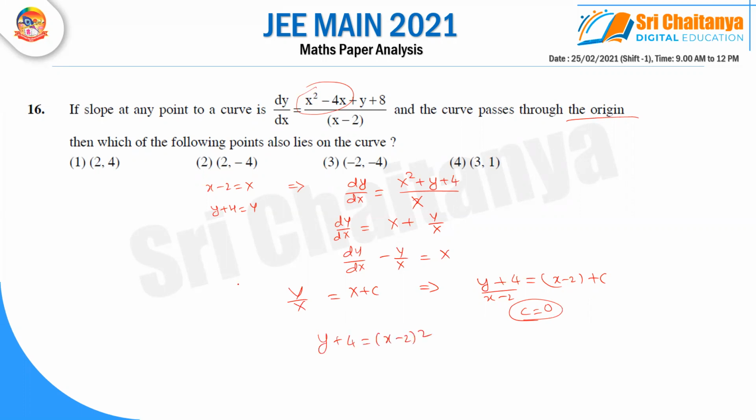He's saying which of the following points also lie on the curve. So when I substitute, for example, x equal to 2, I'm getting 0. So that can't be the option. So the first and second options got eliminated. When I'm substituting x equal to minus 2, what will I get? It is also not getting satisfied. So x equal to 1, I will be getting (1 minus 2) whole square, which is 1. So here I think the option will be different, but we got the equation, so we can just substitute and check it.